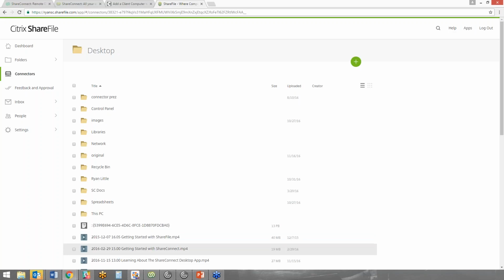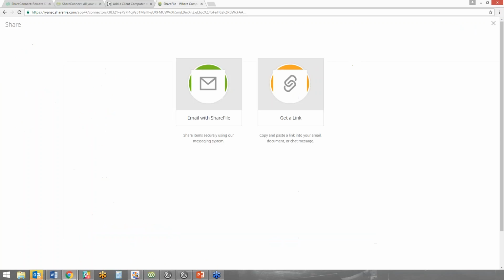Once I find whatever file it is that I want to work with, I just need to click the checkbox next to it, and then I'm given the ability to either download it directly to the computer that I'm sitting at, or I can also share it directly from my account by emailing with ShareFile or by getting a link,